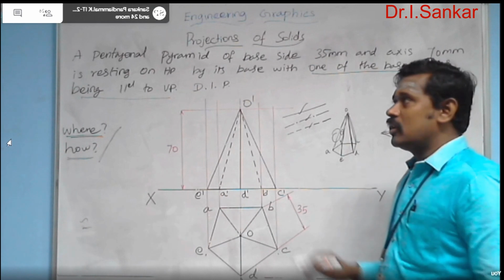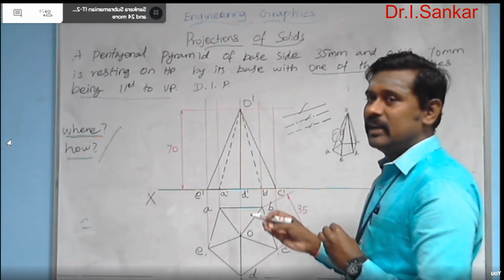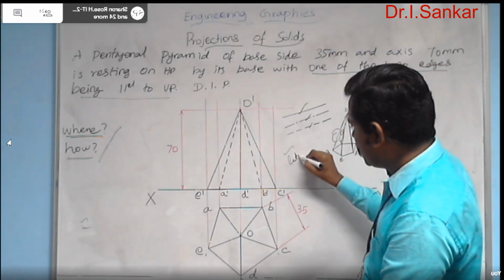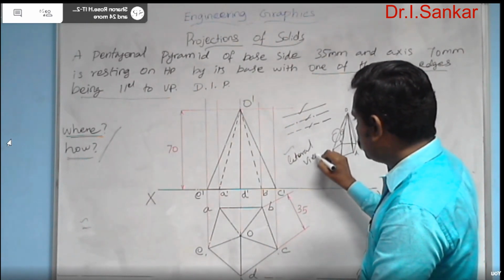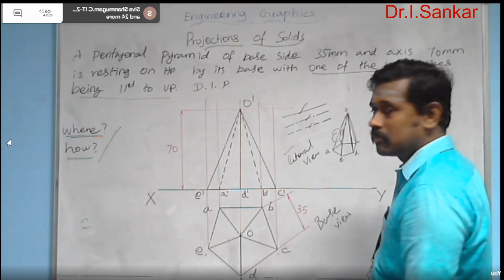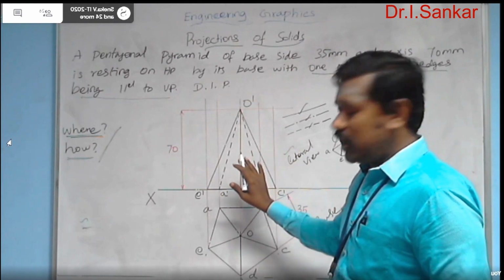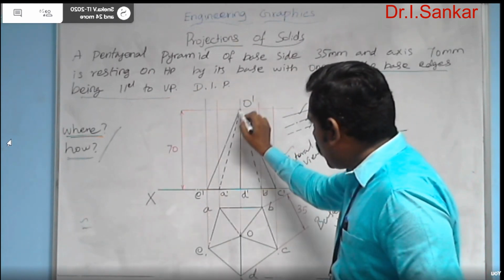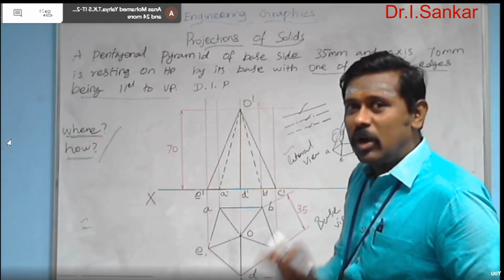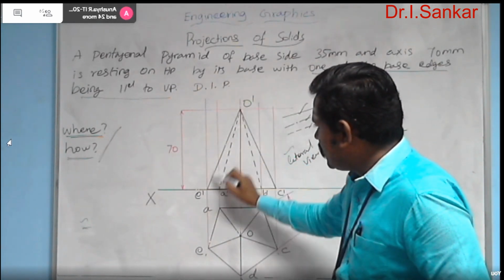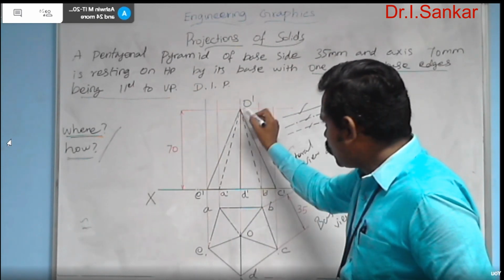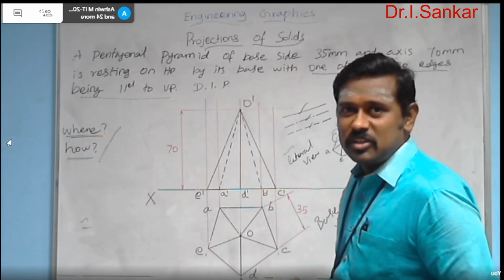And one more point I want to give you as a hint. This is the lateral view of the object, and that is the base view. Always, in the lateral view or in the base view of the object, the outermost boundary lines are always visible only. It is not possible to have the extreme edges as invisible edges in any drawing. The outermost coverage will be visible edges only.